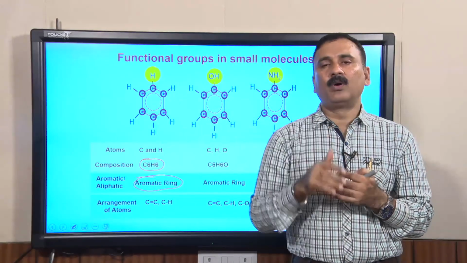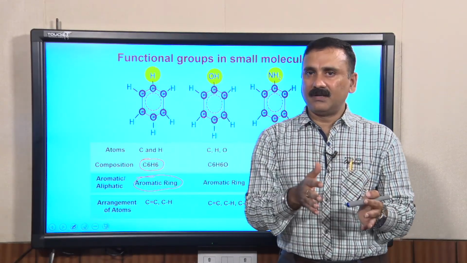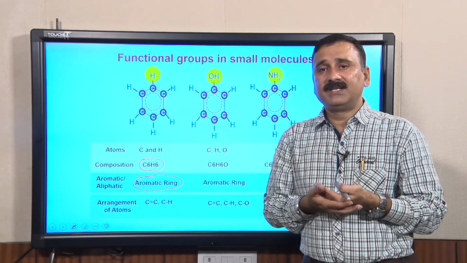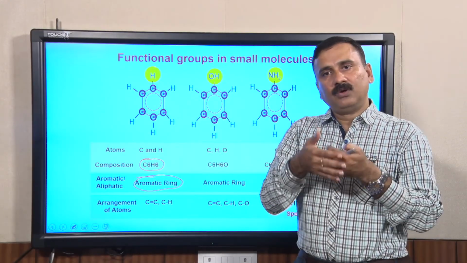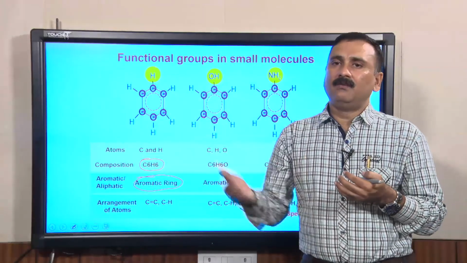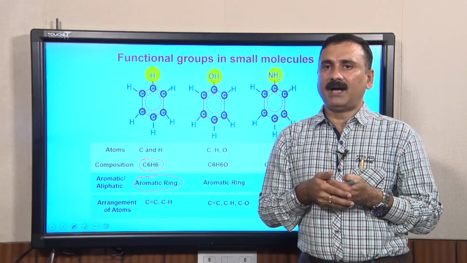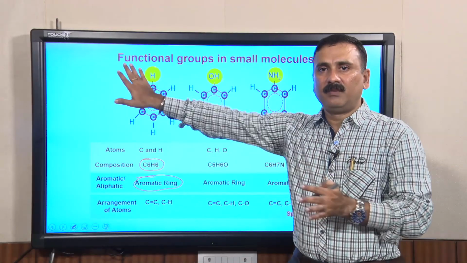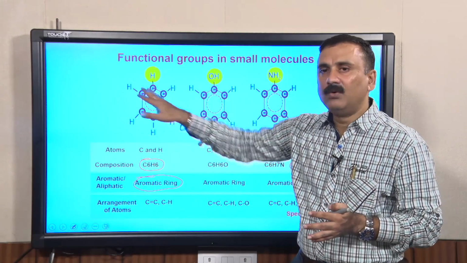You can put the pure benzene as a standard compound and overlay, and if the overlay matches, then it could be benzene. Then you can collect the IR spectrum, and if that also matches with this particular compound, then